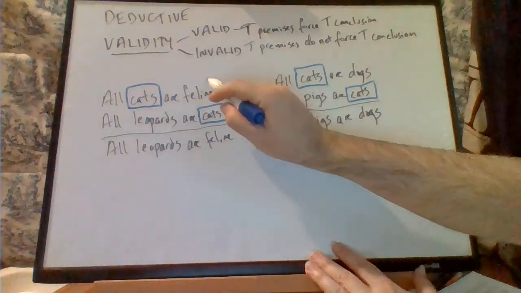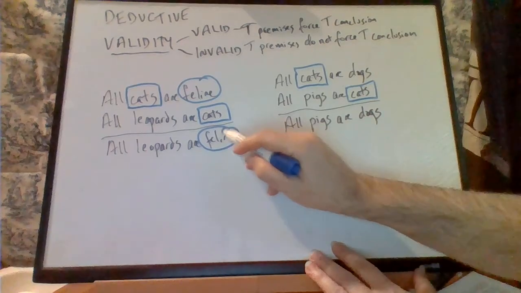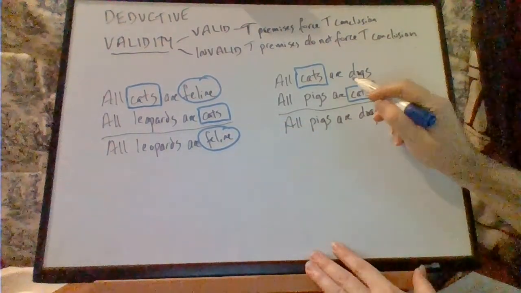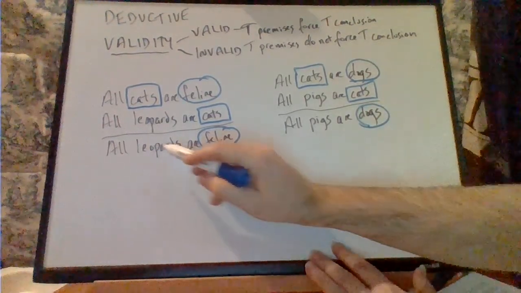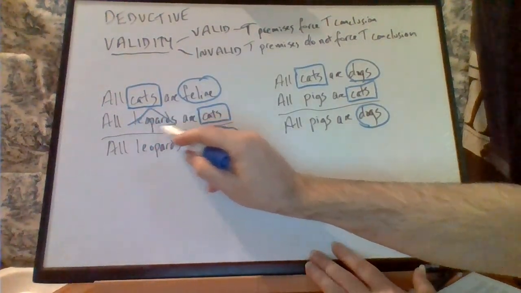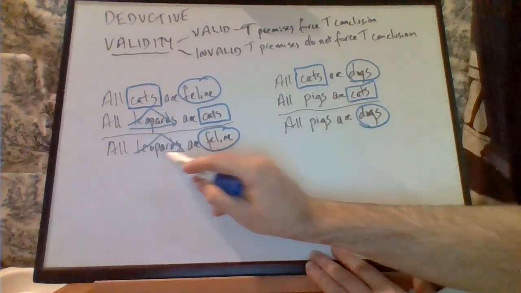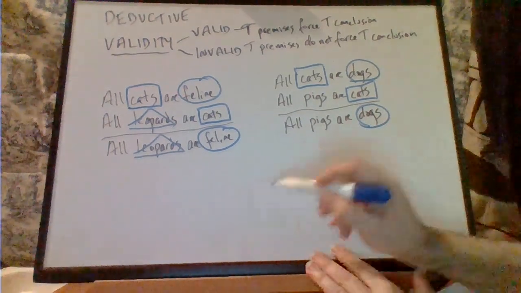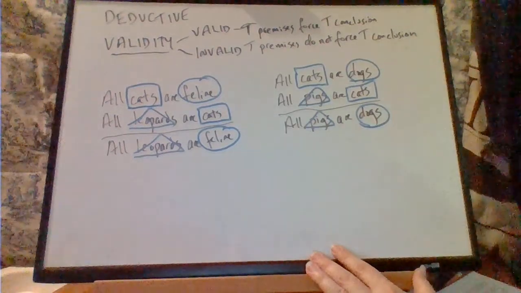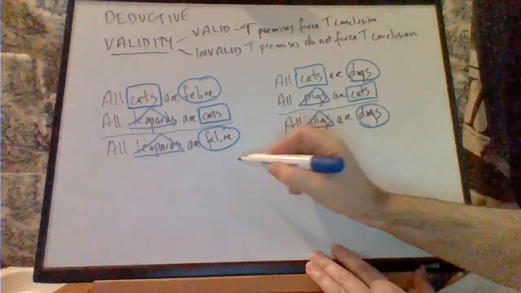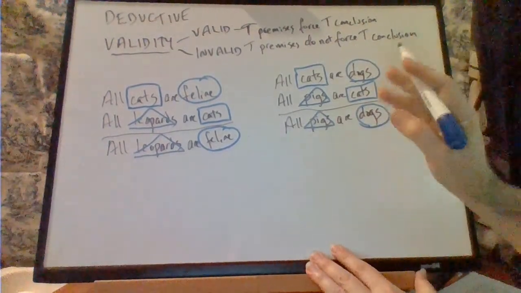We have the word feline in the predicate of your first premise as well as in the predicate of your conclusion. Here we have dogs in that position. And over here we have leopards in the subject of the second as well as the subject of the conclusion. Here we have pigs in that position. And so basically, if you look just at the structure without worrying about what the words are saying, look just at the structure,